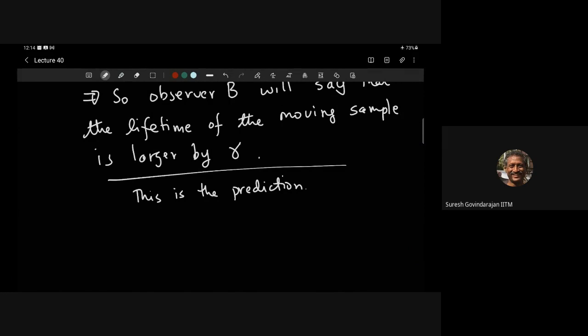So what one says here is that moving clocks run slow. I'm not great with all these mantras. Run slow, so that actually takes longer. Anyway, what I want to say here is that this was actually